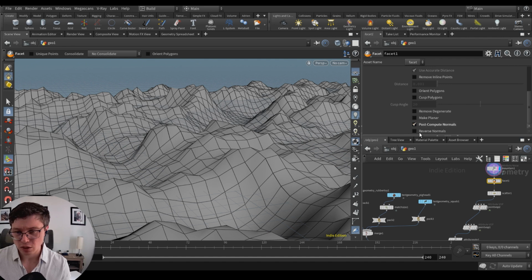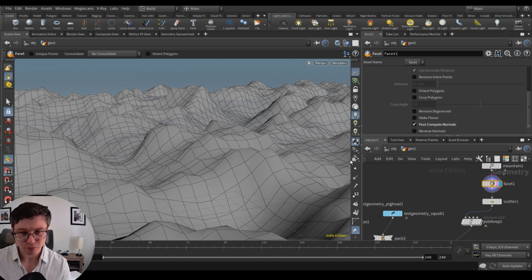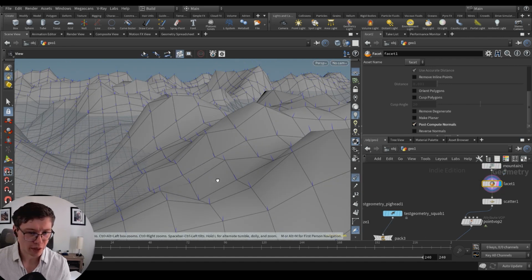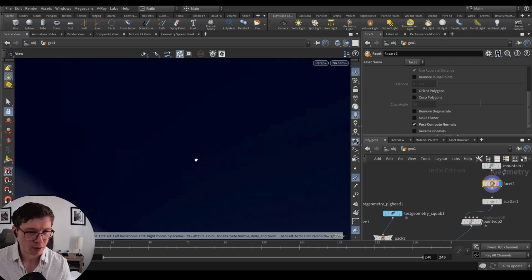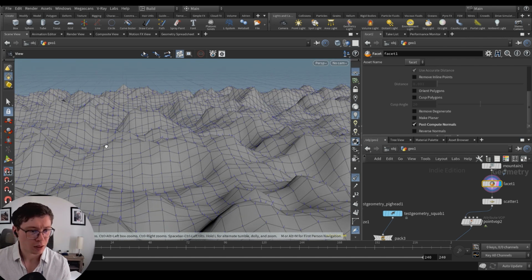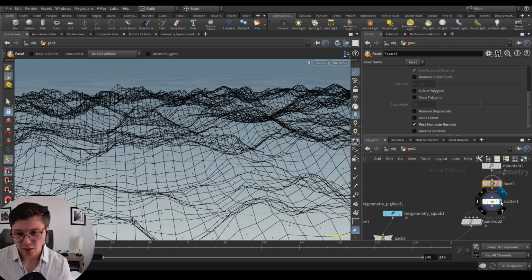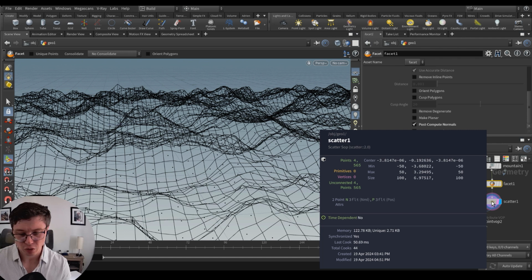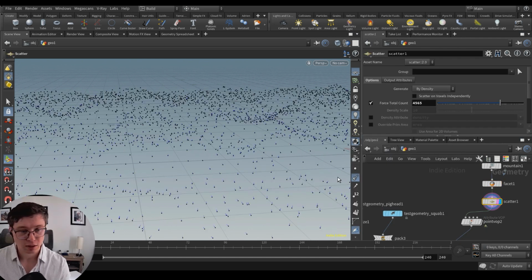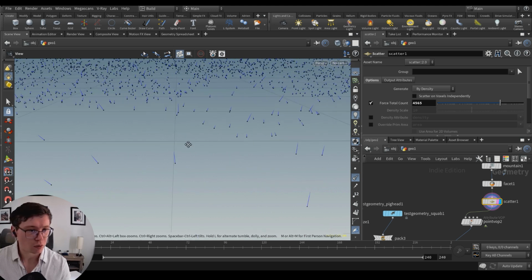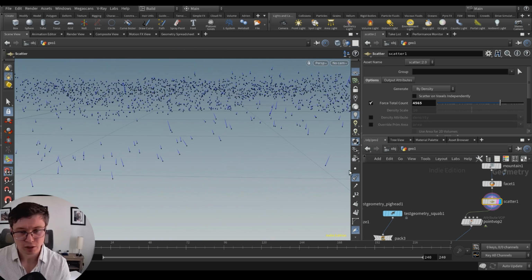So I can use these post-compute normals to drive the creation of this normal attribute. Beautiful stuff, right? And in theory, these attributes are also transported on the points as soon as it's scattered. So in theory, those points have normals, and that will drive the orientation.